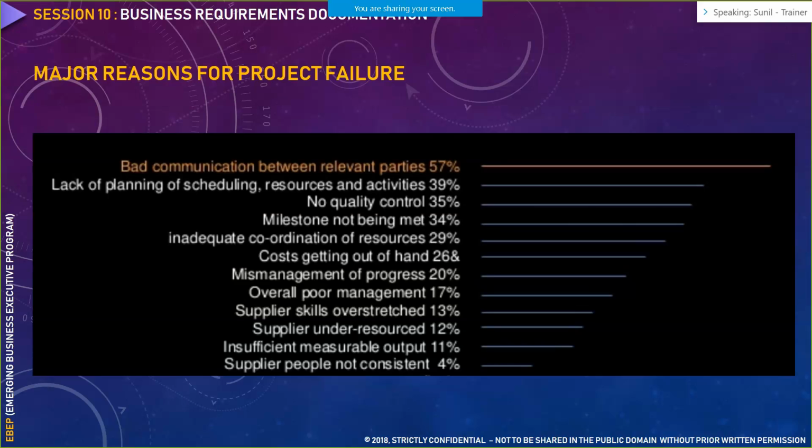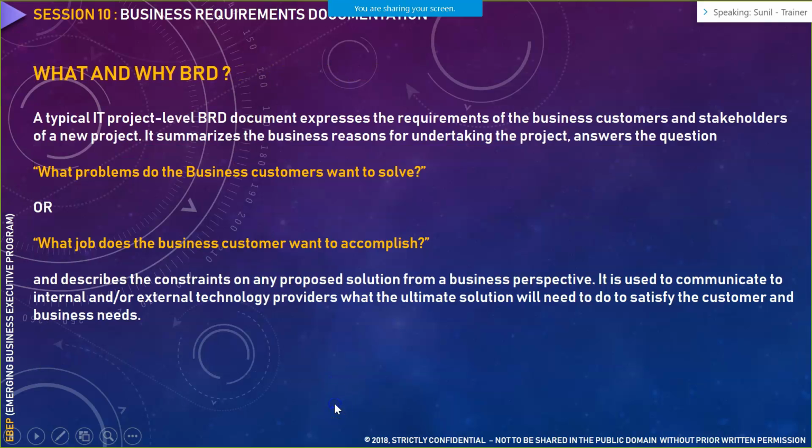So that's the reason why we create a business requirement document. There are other reasons as well which contribute to project failure, but the majority contributes towards bad communication between relevant parties. And with a business requirement document, we tend to improve that communication with the relevant parties.